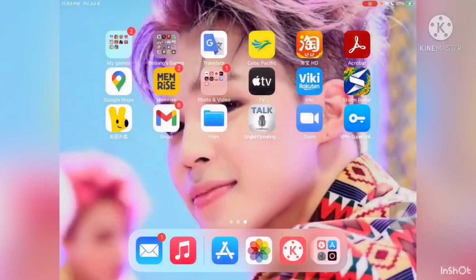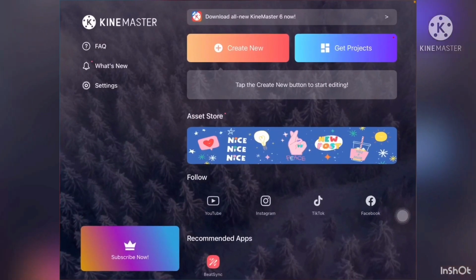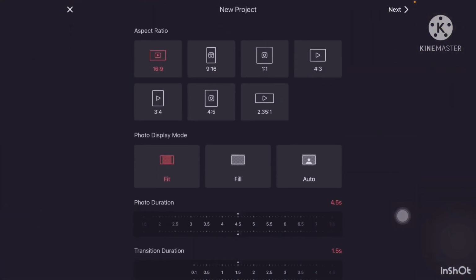Alright guys, so I'm using my iPad because it's big, but you can also use your phone if you like. So let's open KineMaster app, click create new, and then aspect ratio 16:9. For photo display mode, because I'm using iPad, I'm just gonna use fit. Then next,